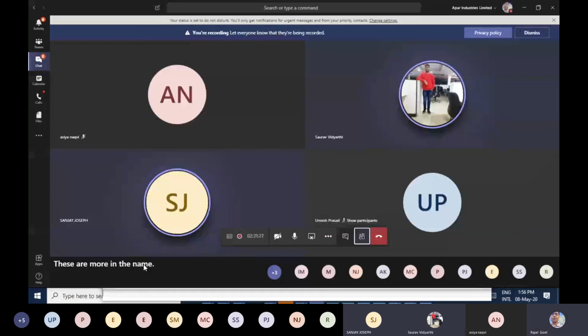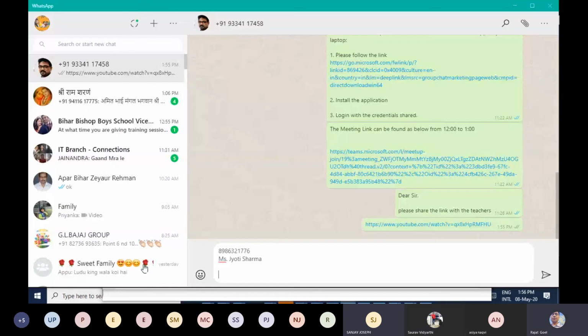We actually delivered the credentials on this number, so we just need to verify whether Jyoti ma'am is using this particular number or not. Yes, sir. And the sender ID from which she would have got it is CNXSIS.